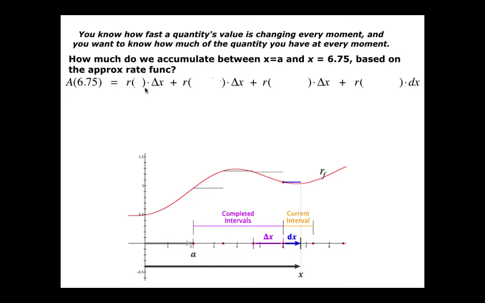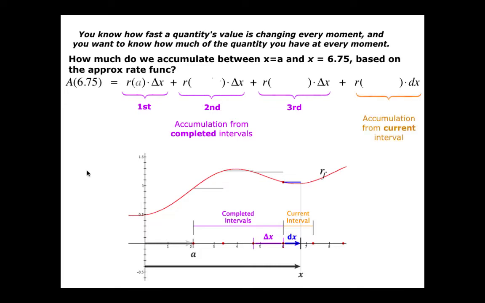R of a times delta x, which I don't know what delta x is, but delta x is how wide that full interval is. This rate applies for a full interval because I know that in this picture 6.75 is past it. So we've got 3 complete intervals and 1 stray part, but r of a would be the rate